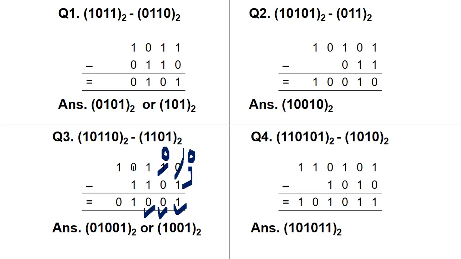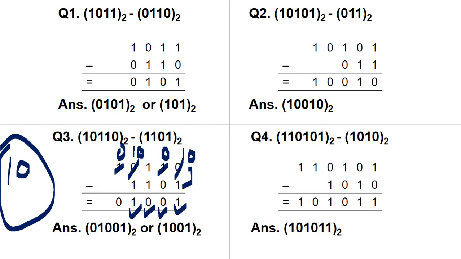Then next we have 0 minus 1. Again for the 0 minus 1 you have to take a borrow. It means this 1 will be converted to 0, and then this 0 will get a borrow of 1, so it will be converted to 1, 0. So when you subtract 1 from 1, 0, the result will be 1. Just keep one thing in your mind, that whenever you are writing this 1, 0, you don't have to pronounce it as ten. It is just 1, 0.